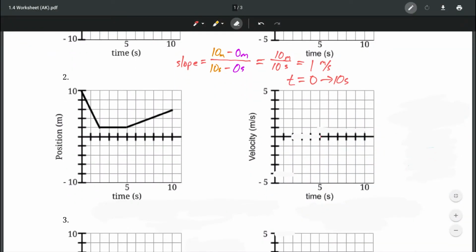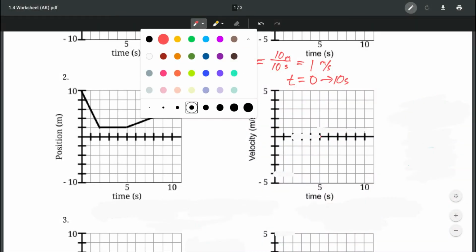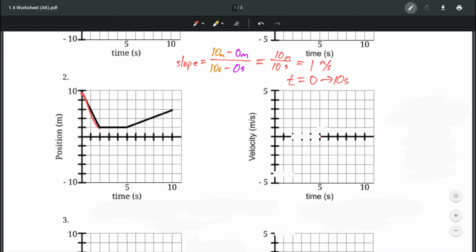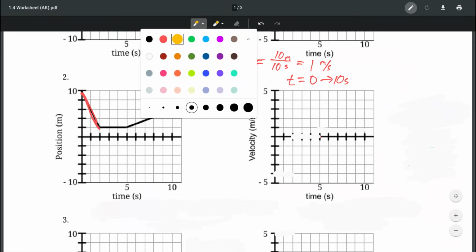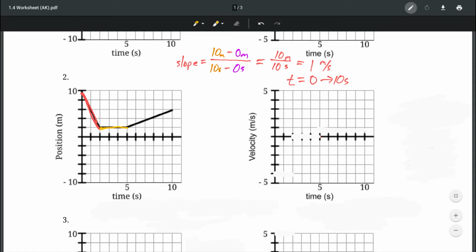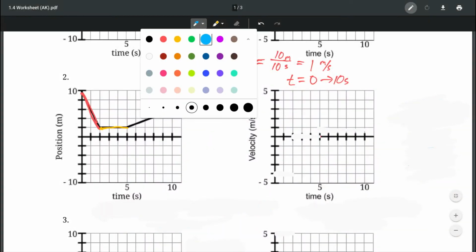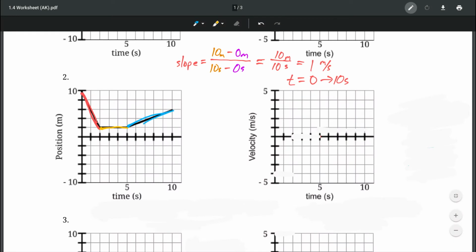For number 2, we have 3 distinct slopes. And so we have a slope for the first 2 seconds, which is a steep negative slope. Then we have a slope that is horizontal for the next 3 seconds, and then we have a positive, less steep slope for the last 5 seconds. And so each one of these sections of the position time graph needs its own slope calculation. We can't just look at the first and final points, but we have to look at each section distinctly. And so the slope for the first section is -4 meters per second, and that goes from 0